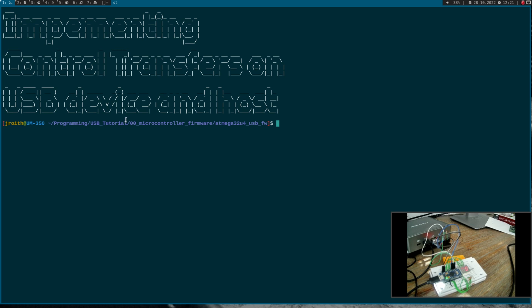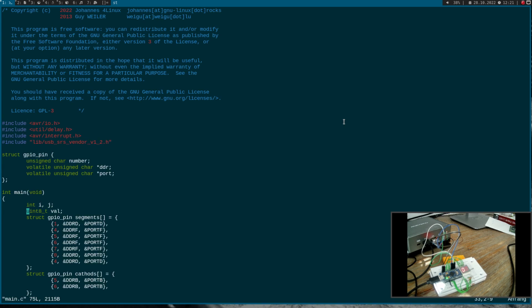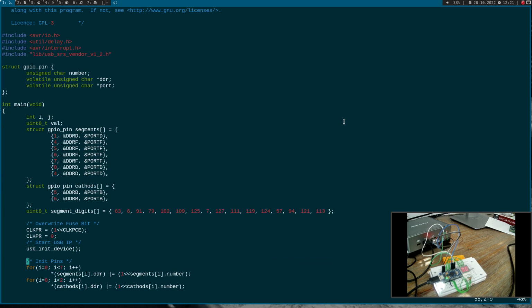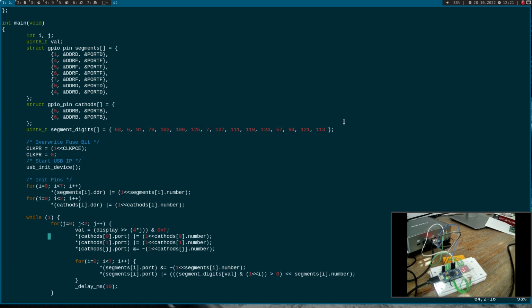I'm already in my USB tutorials folder with the firmware for my Atmega32 USB device. Let's check out main.c, because in here I've already added some code to display values on the 7-segment display. So everything is already done for us. The only thing we have to do is store the value we want to display in this display